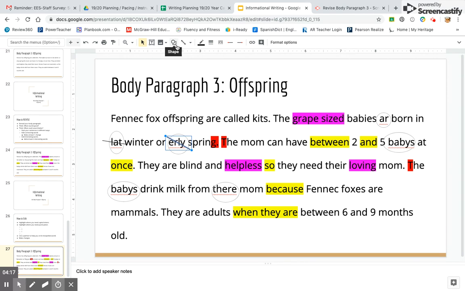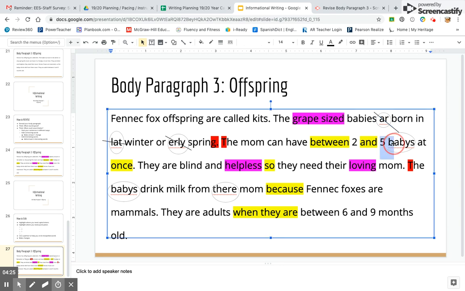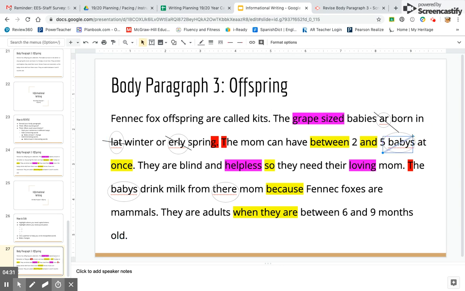I need to cross off R. I need to cross off babies. Oh, that didn't work. I need to cross off babies again. And the word there. So now that I've circled them and crossed them off, I'm going to use a text box